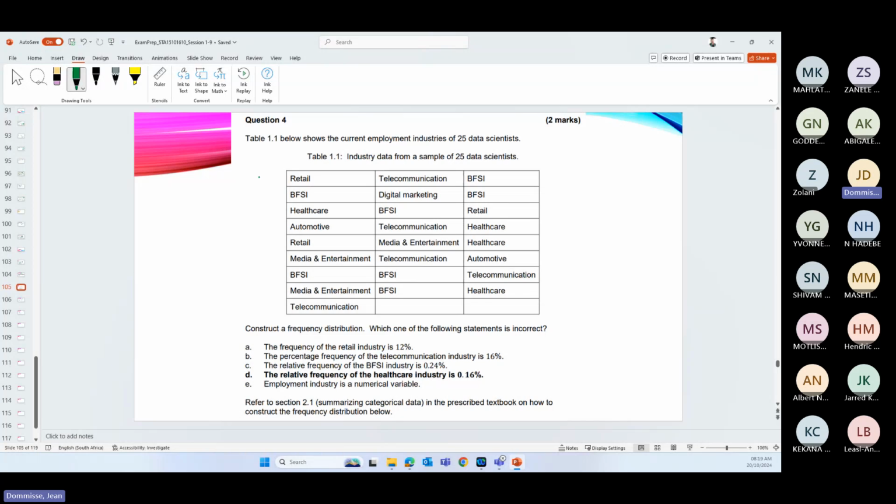Then they ask us to construct a frequency distribution, and which one of the following statements is incorrect. So let's first roughly do a frequency distribution. I'm just starting with retail because it's the first one here. So 1, 2,